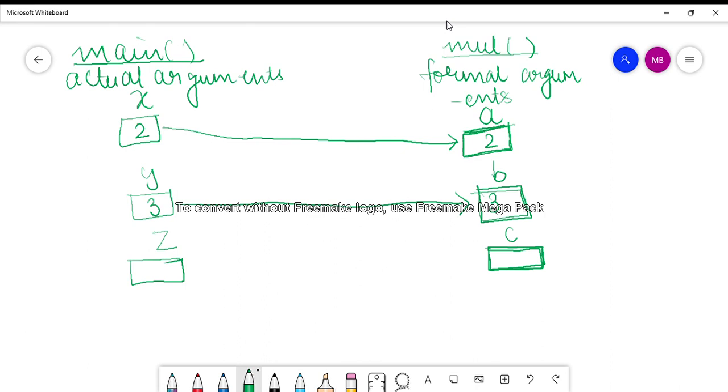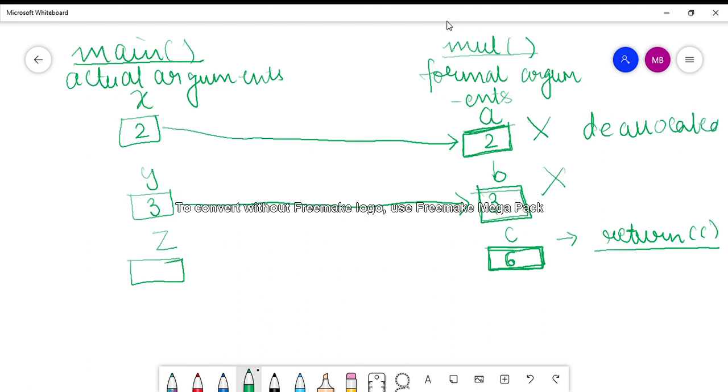Okay, now after the processing, the result of multiplication, that is 2 into 3, which is equal to 6, is stored here in c. Now the moment you store it in c, you say return c. So the moment this return c statement is made, the memory space for these two variables is deallocated. That means now there is no more memory space for these two variables, or the memory space is freed now. So this was on a temporary basis, but even then memory has been utilized on an unnecessary basis.